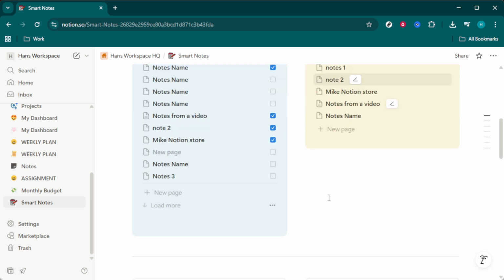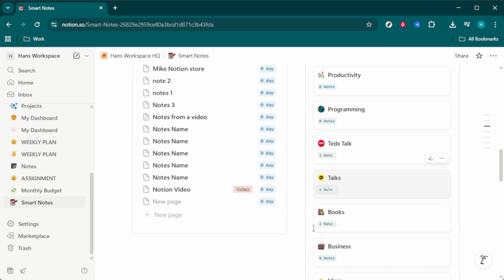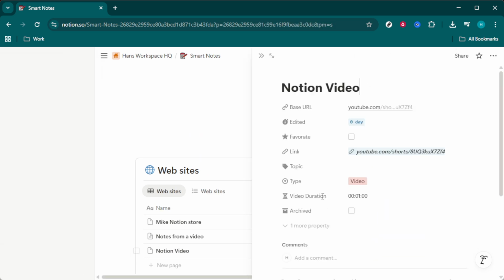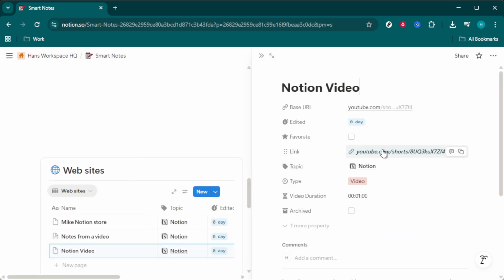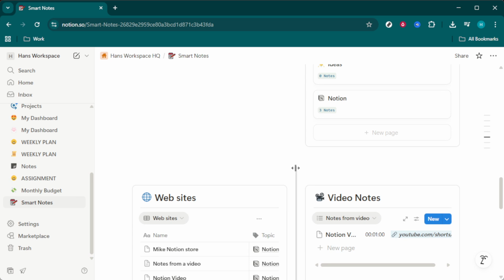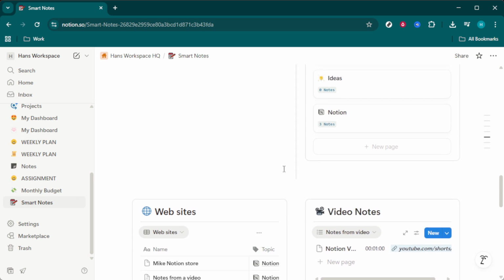Finally, a neat feature to highlight is the ability to link a YouTube video directly to your notes. This can be a powerful way to integrate multimedia content directly into your note-taking process, enriching the information you store. And there you have it, the Smart Notes template,